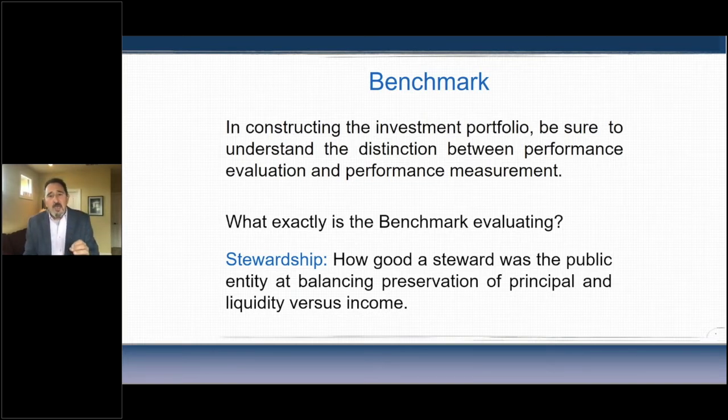It means that you have struck a suitable balance between preserving principal, having adequate liquidity to pay your obligations without having to sell a security before maturity, and earning a reasonable, responsible rate of return. All three of those. While safety and liquidity at times may be diametrically opposed, on the one hand you preserve and protect while on the other hand you generate income. They are in concert with one another.